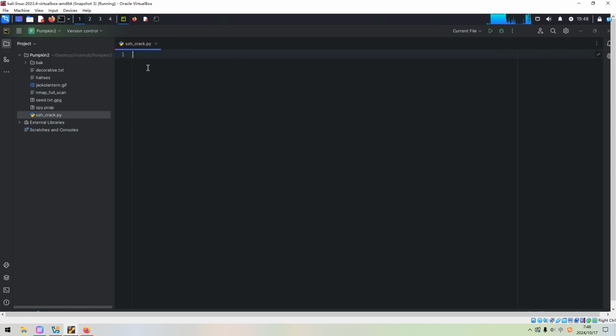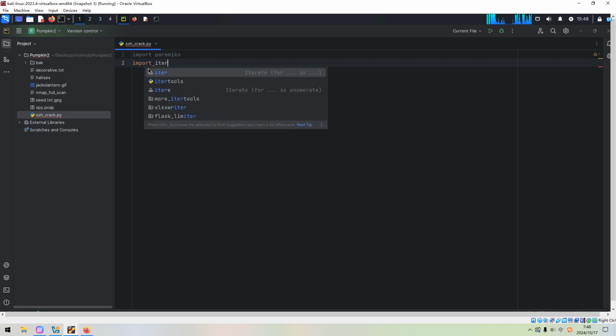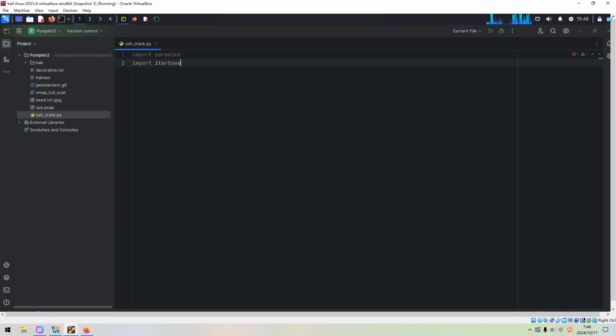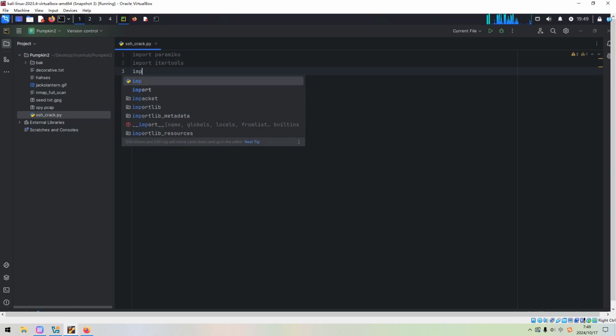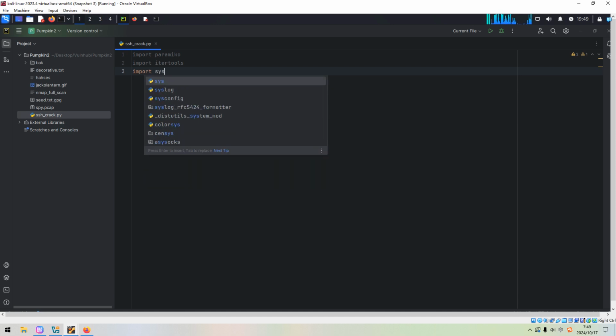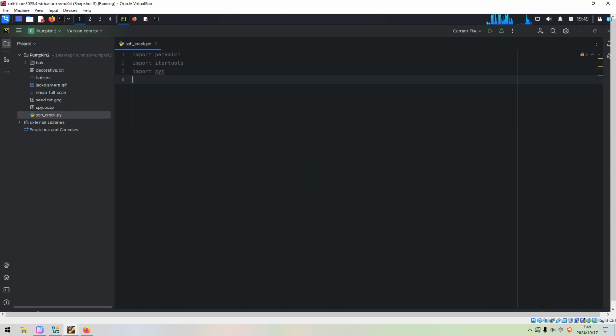The major module I'd like to import is Paramiko. The second module is itertools, which is so great, it can make combinations automatically. The next module is sys, with which we can control the flow of the program.